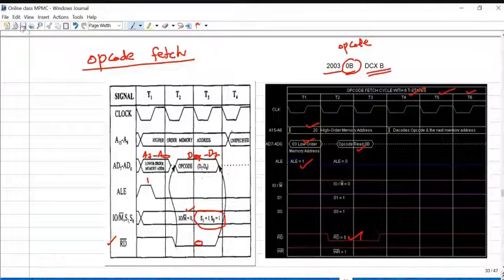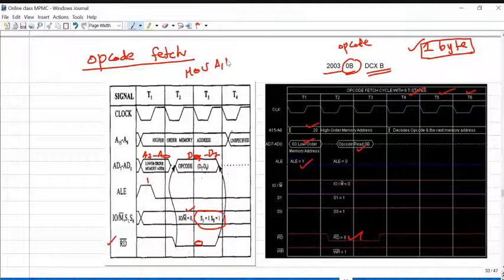Please remember, the processor will take 4 T states or 6 T states to execute the opcode fetch, depending on what kind of instruction it is. Usually, if the instruction is a 1 byte instruction, then only opcode fetch is sufficient, such as MOV A,B or a logical AND operation between registers and the accumulator. This is an example of MOV A,B: a 1 byte instruction with 8-bit related operations, so 4 T states are sufficient.